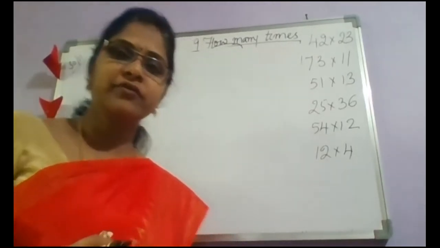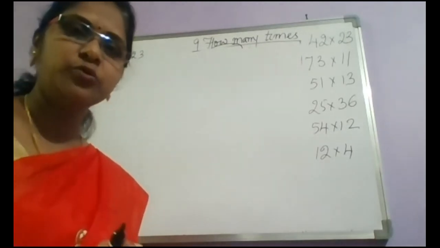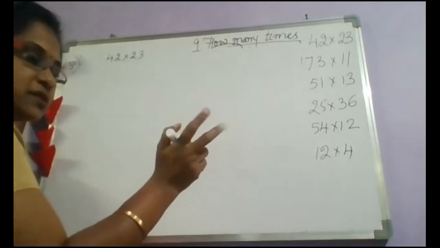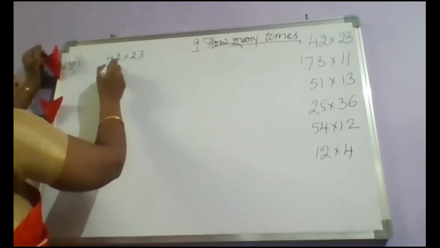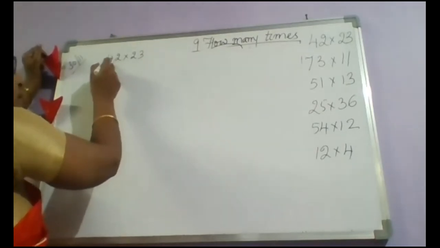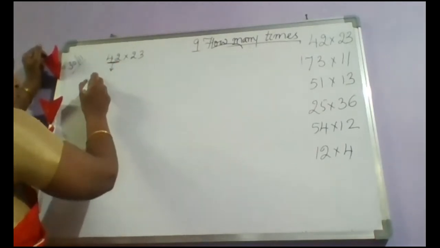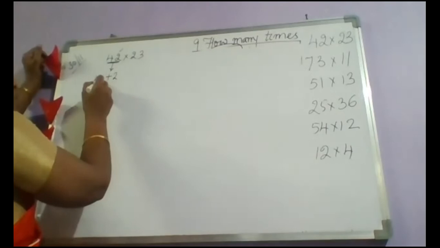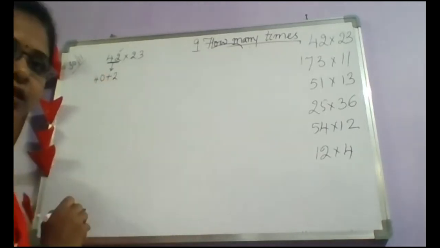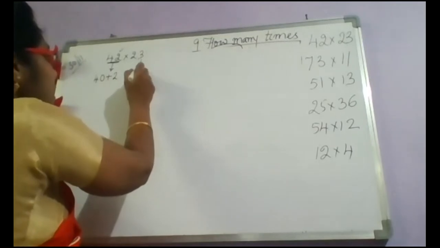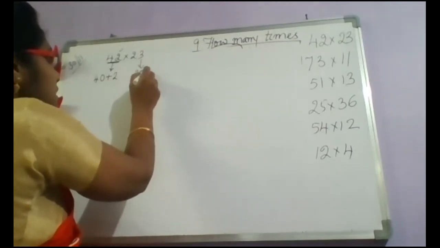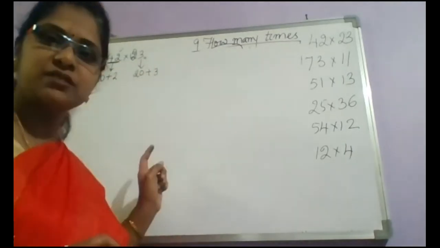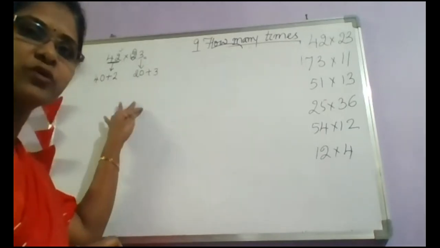So now, to make the video clear so that everyone understands, I have put you on mute. Now the first problem: 42 into 23. I am doing it in both methods. The first method is the expansion method. You have to expand 42. How do you expand 42? 2 is in ones plus 4 is in tens. So 4 tens means 40. So 42 can be written as 40 plus 2. Similarly, 23 is 20 plus 3: 3 is in ones and 2 tens is 20. Hope this is clear. Everyone knows how to expand.